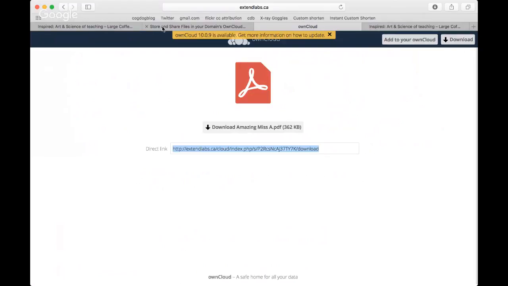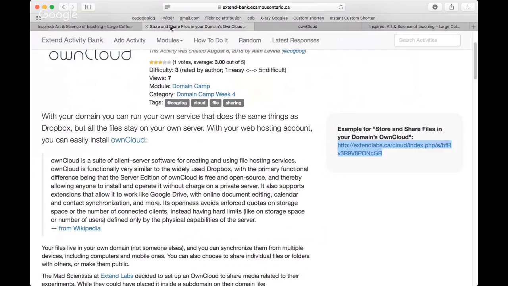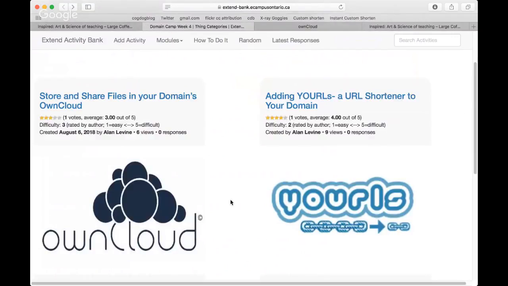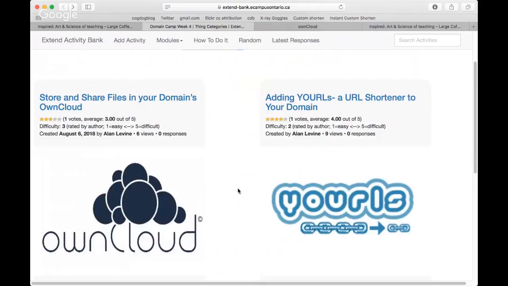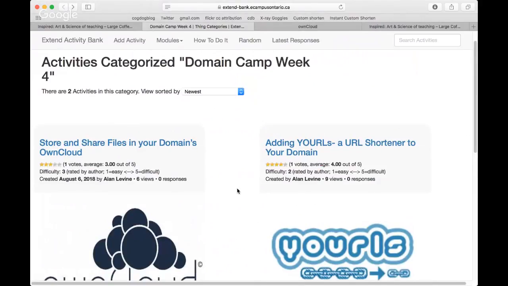So this week, I've basically only described 2 of these, and I wanted to give the sense of what it takes to go through and install one of these applications. I'm asking for those that are in the mix here to try 1 or 2 of these and flesh it out. And then once you get the status for how this is done, come over to the Extend Bank, eCampus Ontario,